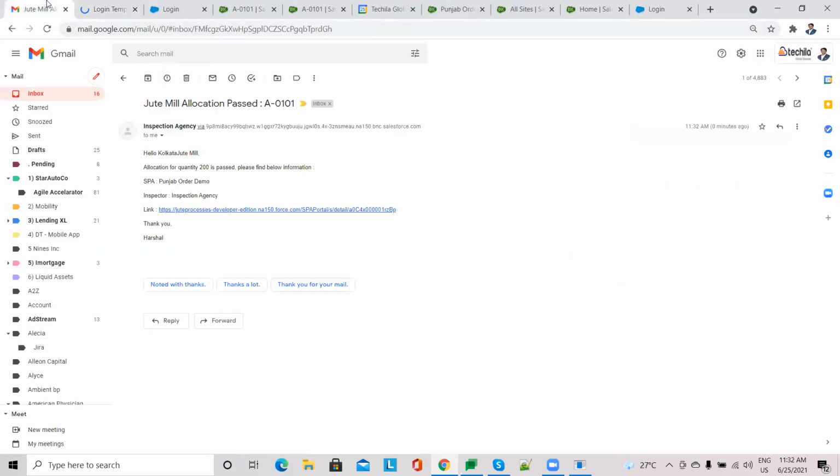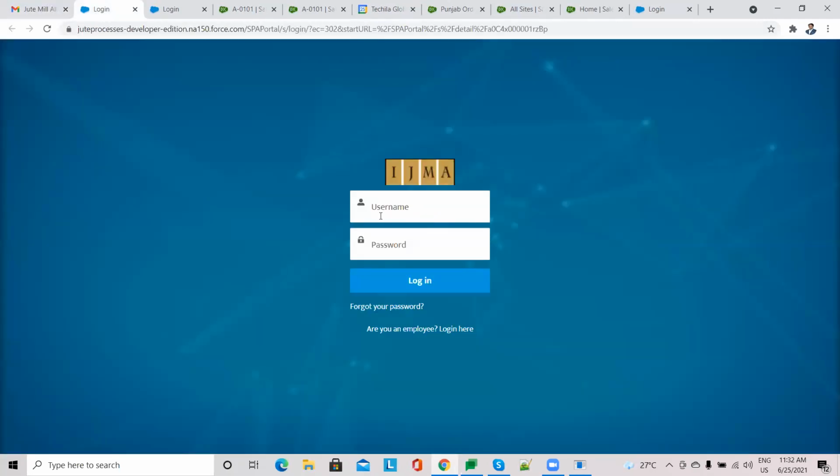This is the Kolkata one. Just a second. I'll go for Punjab. We can do any jute mill.